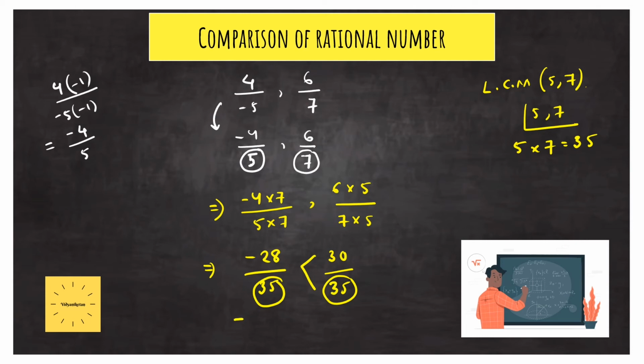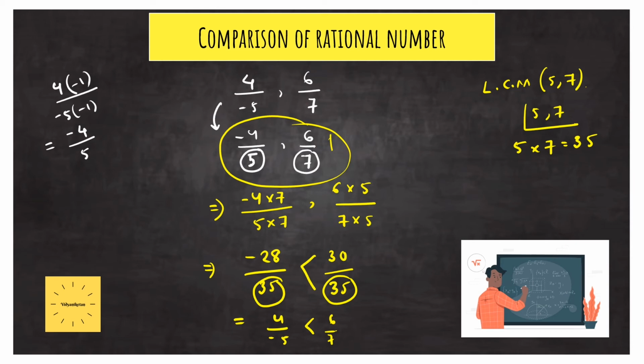So from here we can write it is basically 4 by minus 5 is less than 6 by 7. Obviously this is the case. And now you can also say how silly an example this is, because here it is minus, so minus 4 by 5 obviously will be less than 6 by 7. But remember, it is just one example to make you understand the facts. So from this particular step you can obviously tell that minus 4 by 5 is less than 6 by 7. We don't need any check, but I am giving all the examples, that's why I am doing it.